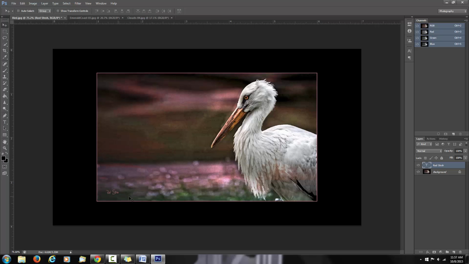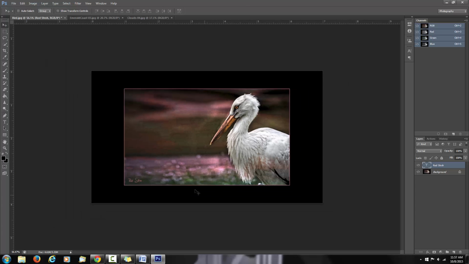Okay, now this is where we'll use the Control and the letter T to transform. And I'm going to hold the Alt and the Shift key, and I'm just going to make it just a tiny bit bigger, and then I'm letting go of Alt and Shift and I'm pulling it out just slightly, and I'm going to move it down right about there and click this check to accept those changes, and there we go. This might be a little bit too bold,